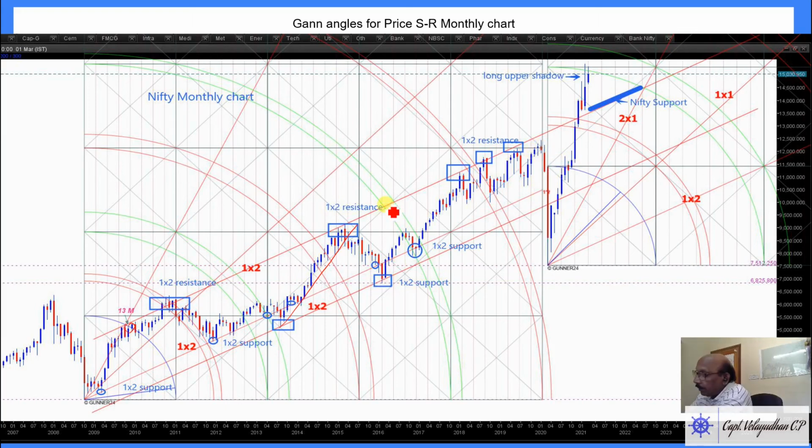Sorry, this line is like this. Price breached here. This was because of the COVID. Price came to the trend line but failed to take support and came down all the way. That's what you can see. In the history of Nifty, it never moved this much in a month. So almost 12 months, a strong upward move.